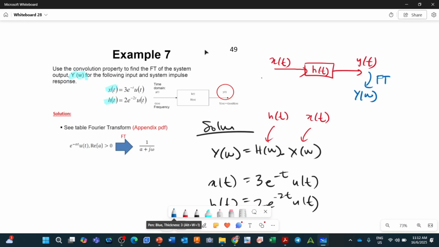So we are going to convert it using Fourier transform. FT is Fourier transform. So you get Y omega equal to H omega multiplied by X omega. So basically what you do is you convert xt to X omega, and you convert ht to H omega. Alright, so we did that on